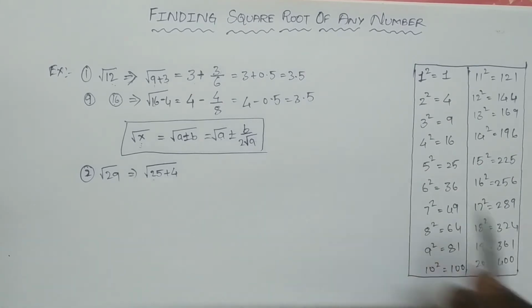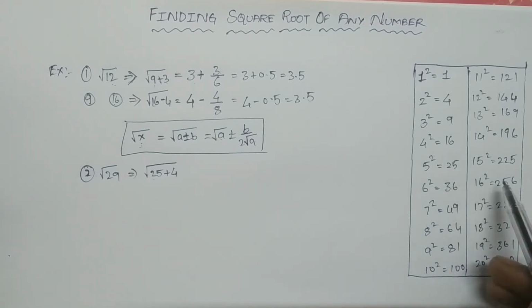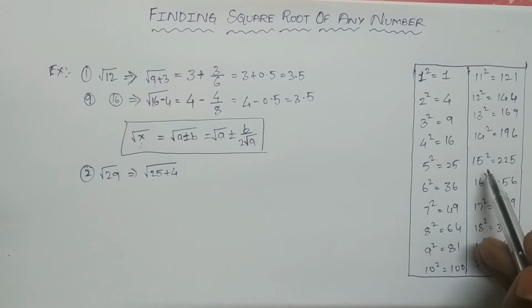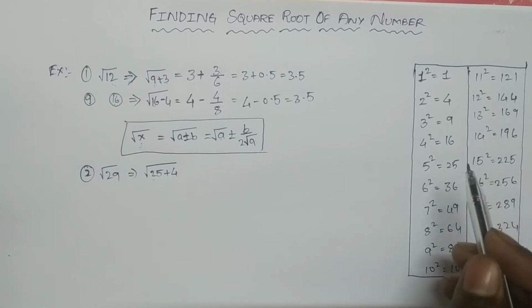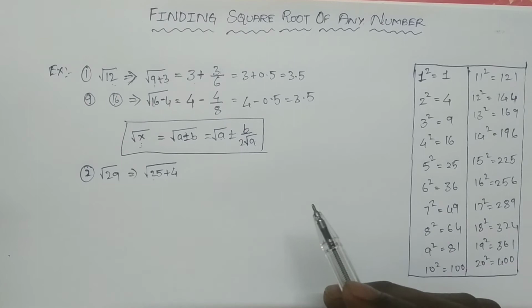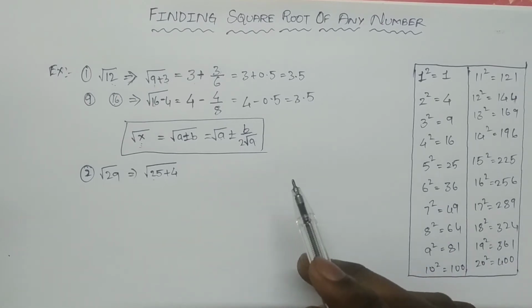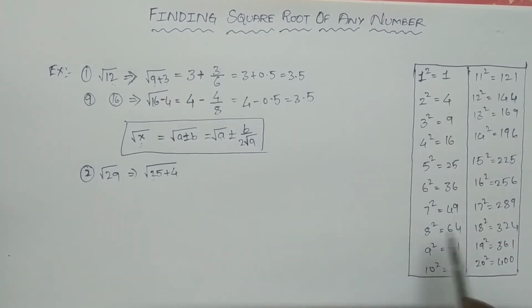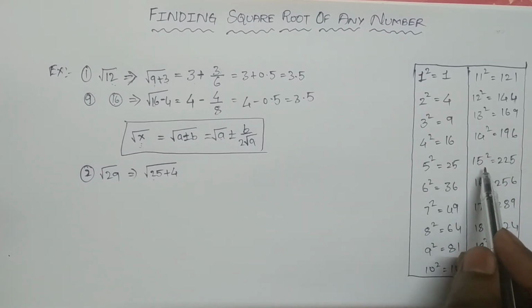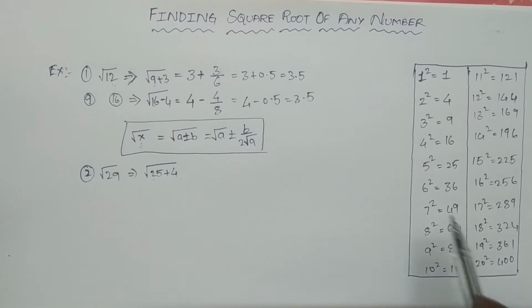Before going to this, first of all we have to know the square values of at least 1 till 15, so that it will be very comfortable while doing this method. Please know the values of squares at least till 15, so that you will feel comfortable while finding the square root of a number by this method. I think many of you will know till 10, but knowing till 15 to 20 is even better to find the values.